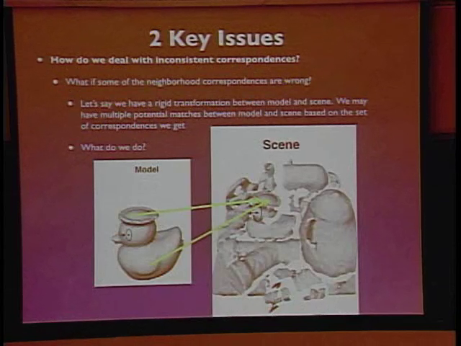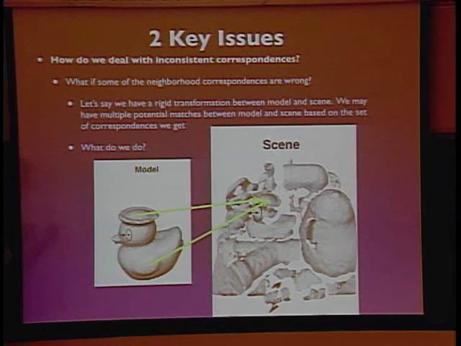There are basically two key issues that come into play. One of them is scaling up, which is that your computation time grows polynomially with the number of neighborhoods and the number of models. And also, the other issue is that the way I've put it to you is that